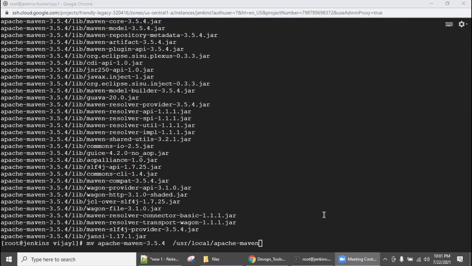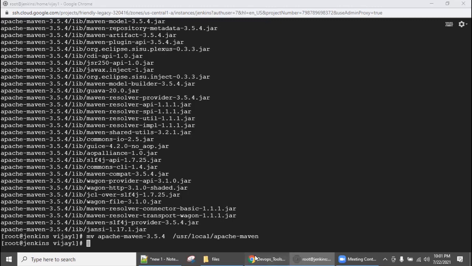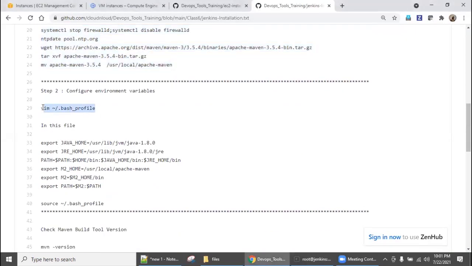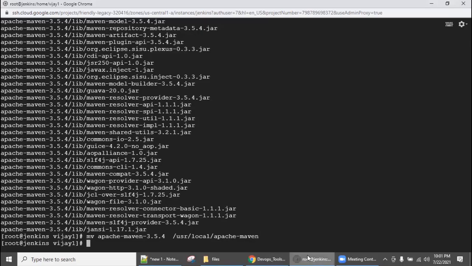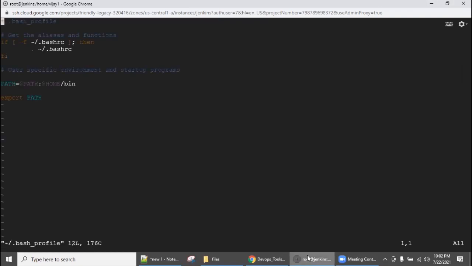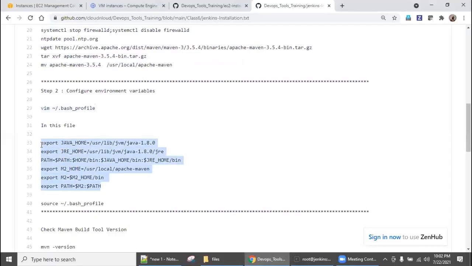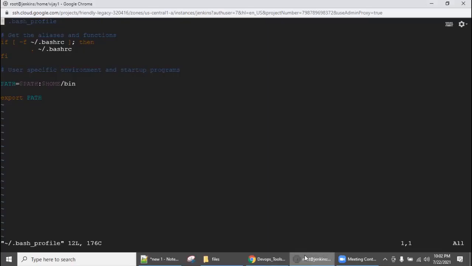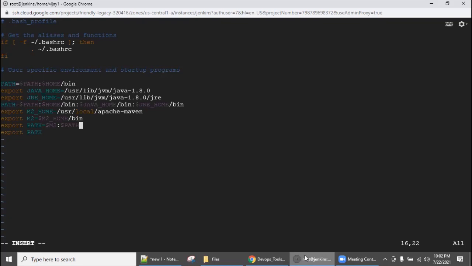Now the Maven, we are moving it, and we will configure the environment variables. Copy this and go for the last export path. Make sure we have pasted correctly.